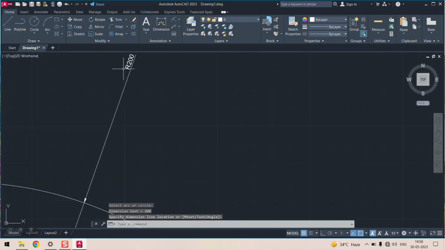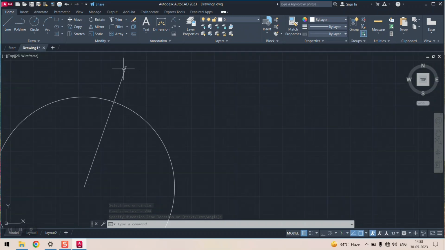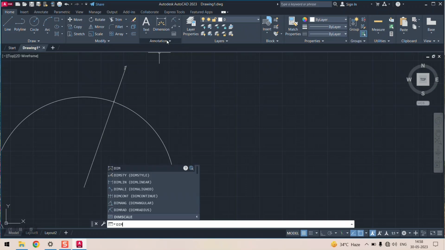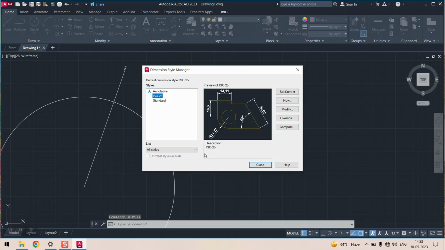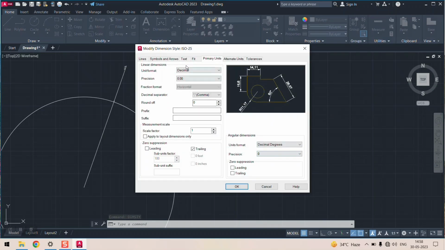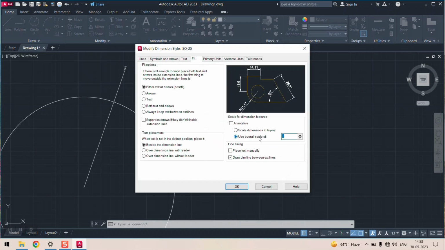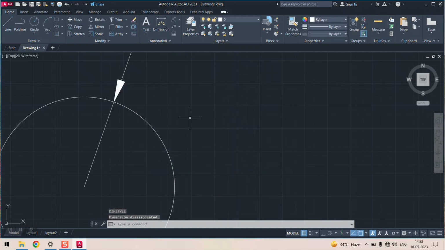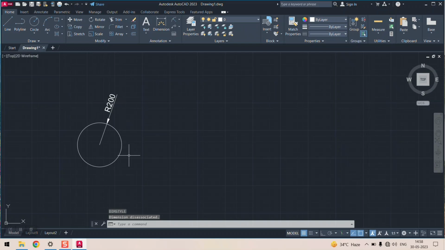Okay, so in this case it's again having some kind of issues with the display. So what I will do, I will just go to the dimension style. It's better we set it here itself, so it will not have any kind of issues later. Open, OK and close. The font is quite okay. Now it's completely visible. So this circle is having a center and the radius. Now